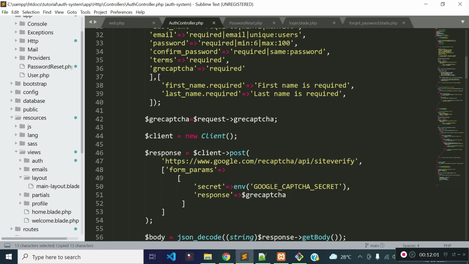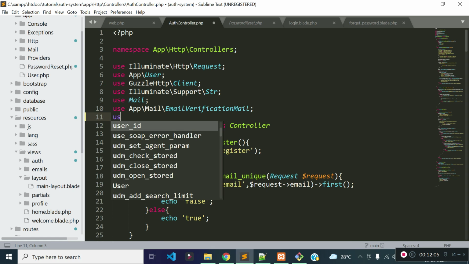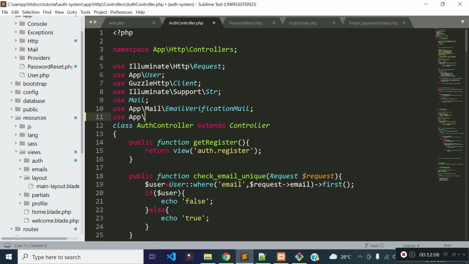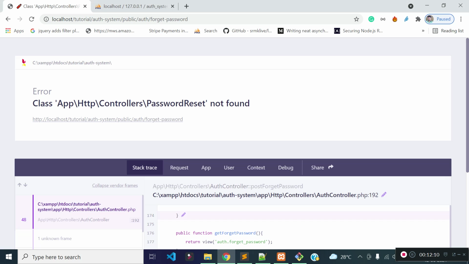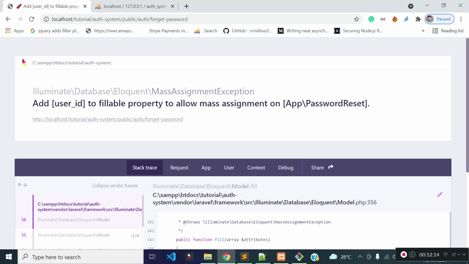So let's import the model at the top. Try to refresh the form. You can see add user ID to fillable property to allow mass assignment on app password reset model.